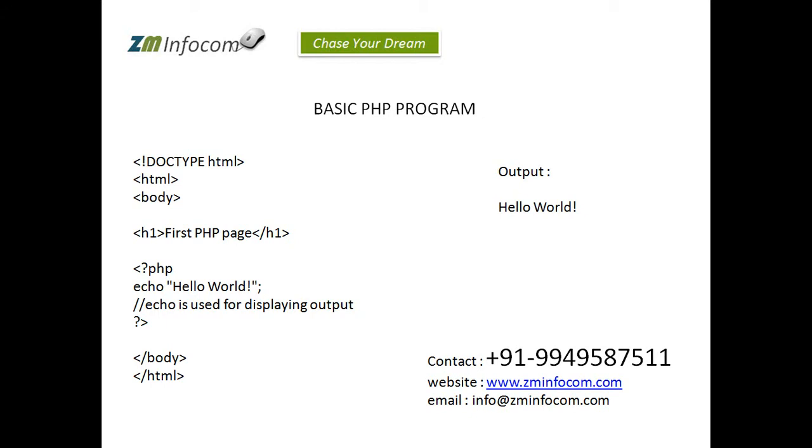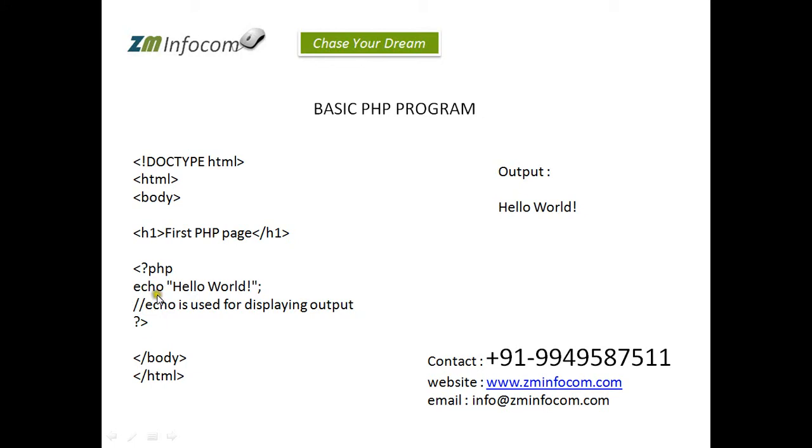For writing PHP code, we need HTML tags. Here you can see the opening tag is there, and we have placed one statement between this opening and the closing. So now this whole section is going to be read as a PHP script, and it is going to be read by the server as a PHP script.